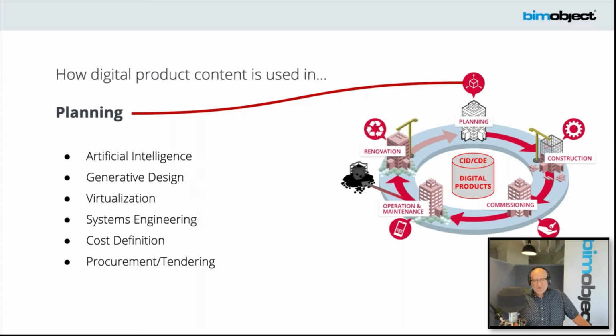And that flows right into procurement and tendering. A lot of this is being done direct, real time, right out of a data store or a data lake, whatever you want to call it. As you see in the center here, it's being called a number of things. A common data environment is one. A central information database was, I think, what HNTB used for the Las Vegas Raiders Stadium. Different firms are using different nomenclatures for it, but essentially it's a collection, a model, and all the embellishments that go along with that to create a complete facility.